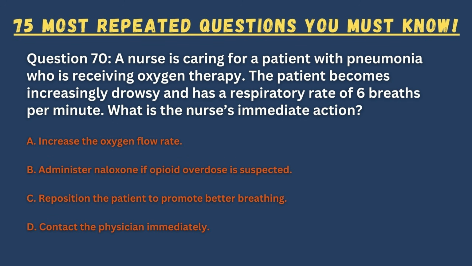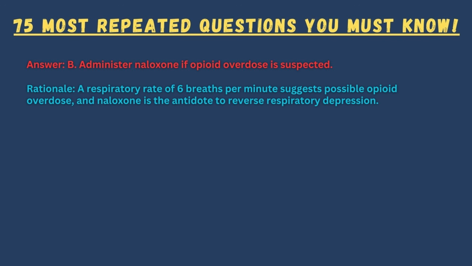A. Increase the oxygen flow rate. B. Administer naloxone if opioid overdose is suspected. C. Reposition the patient to promote better breathing. D. Contact the physician immediately. Answer. B. Administer naloxone if opioid overdose is suspected. Rationale. A respiratory rate of 6 breaths per minute suggests possible opioid overdose, and naloxone is the antidote to reverse